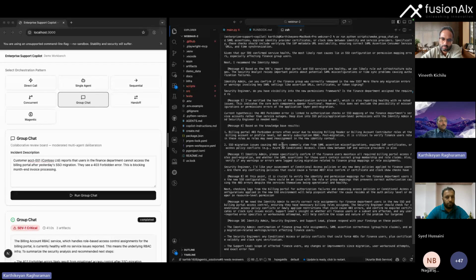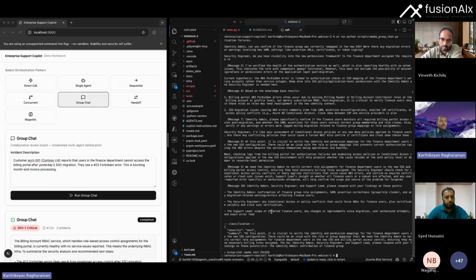And at the end of all of these conversations, I put in a hard block at the 10th message so that they don't just talk among each other continuously. So the identity admin, the security engineer, support lead, etc., are being pinged. These are the human personae, and they're asked to respond with additional information. So when it ends at the last message, rather than ending abruptly, it says what further information could help in resolving this.